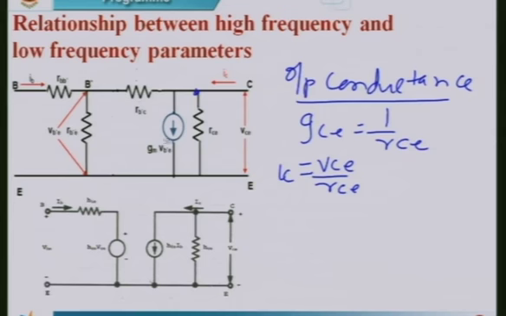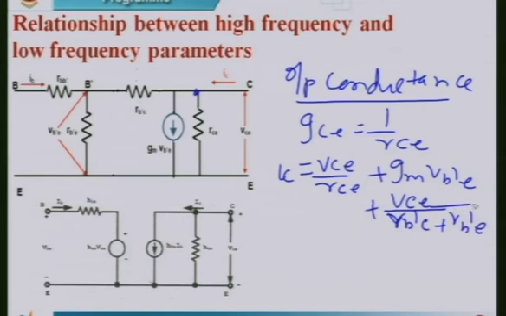rce, and the current source is constant, hence this is nothing but plus gm vb'e, plus the current flowing through rb'c. This is nothing but vce divided by rb'c plus rb'e. We know that this rb'c value is very large, therefore the current flowing through it is negligibly small. Then IC is approximately equal to,